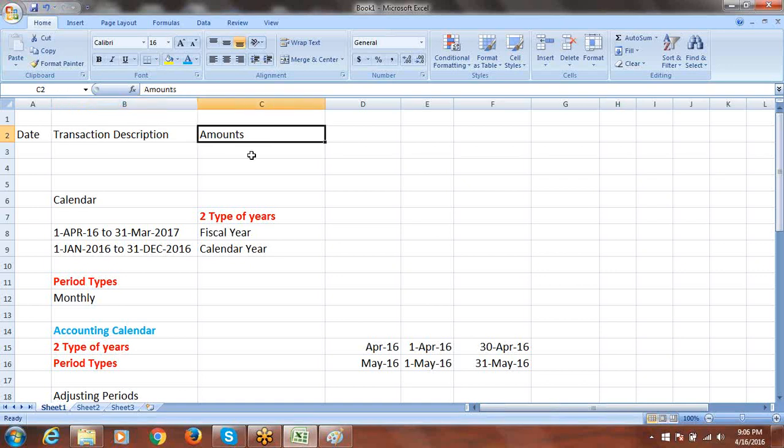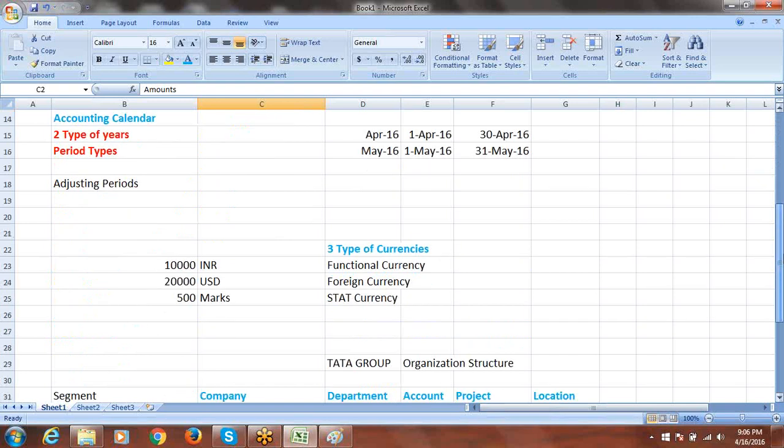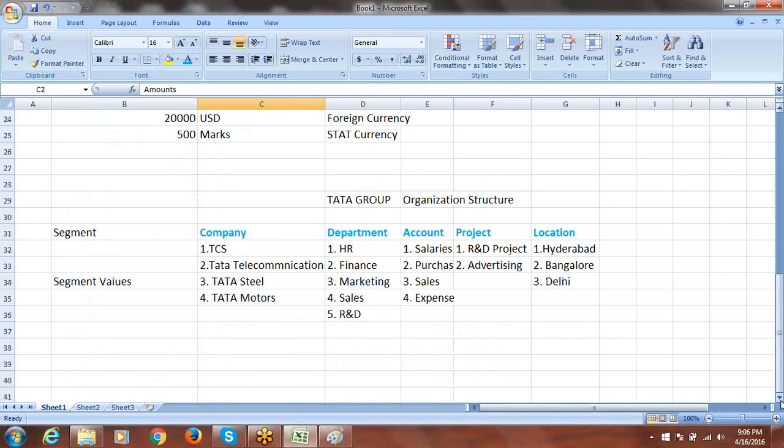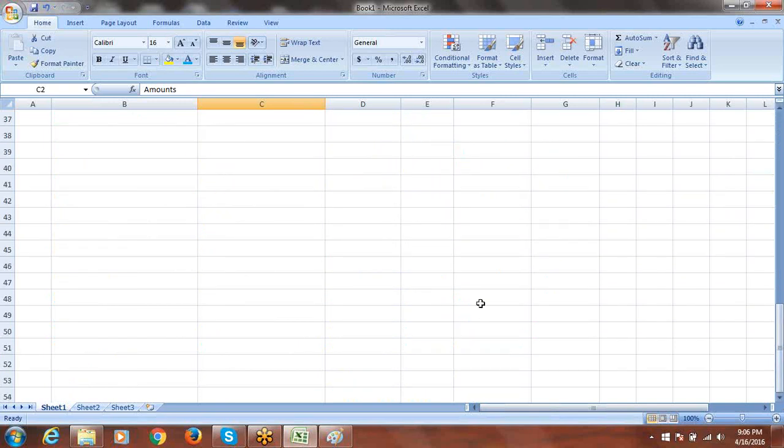And whatever amount we are entering in the transaction, we have to specify it with the currency. That currency can be any currency, as we discussed. It can be functional or foreign or stat currency. That means to create any business transaction in the system, we have to specify date, description and amounts. Now, already we discussed, the simple point is, to record any business transaction